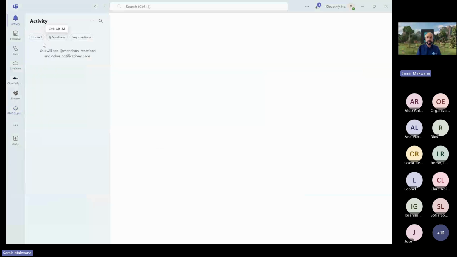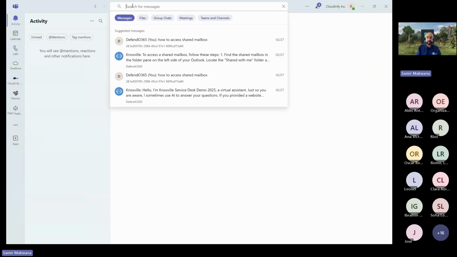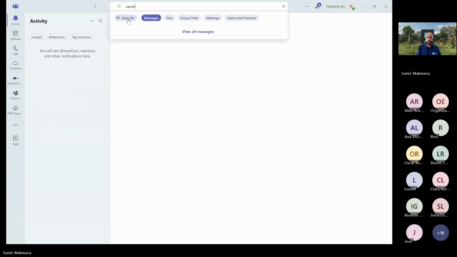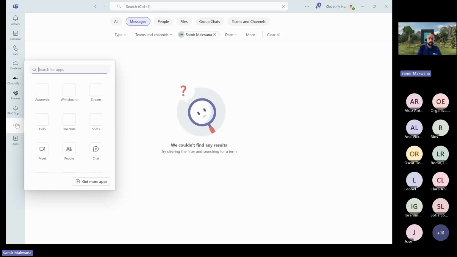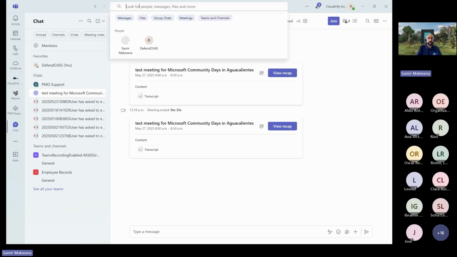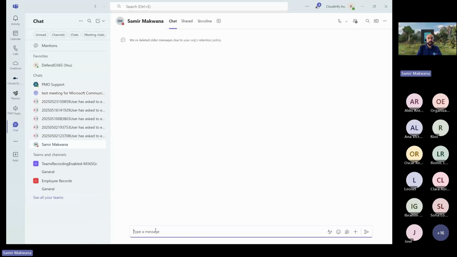So if I go back here and if I say messages and let's say share with Samir, there is nothing here. But if I say where it's a chat, and if I say chat with Samir, right? And if I paste that here, the loop component, right?